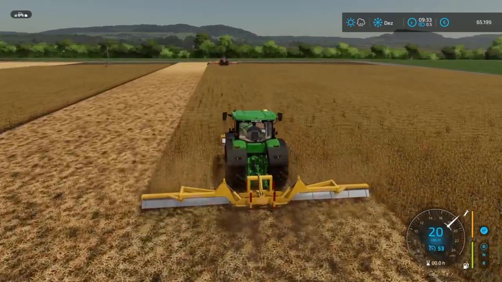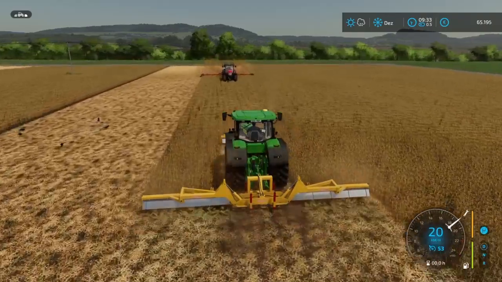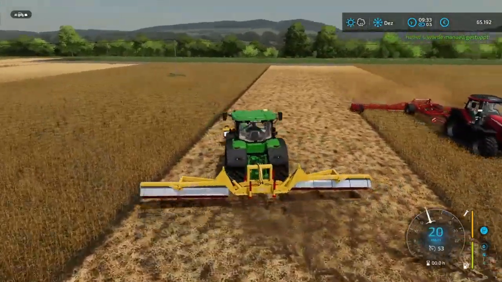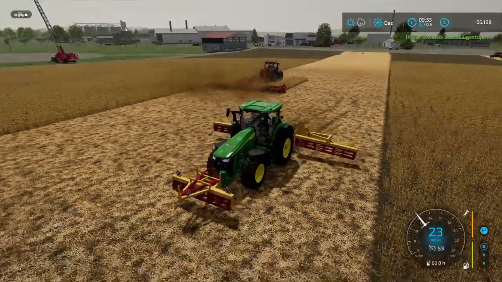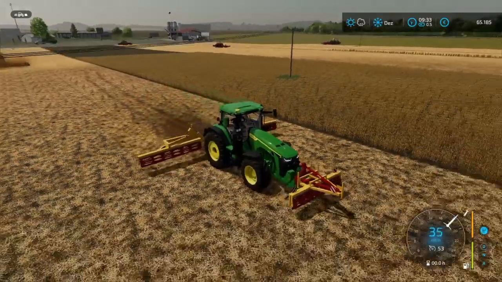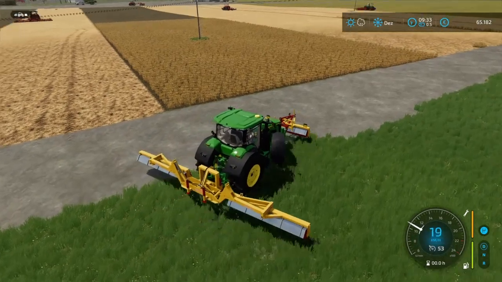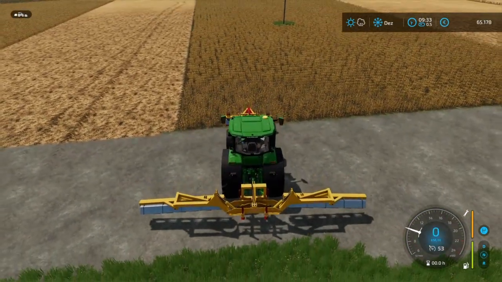And if you have only a lower horsepower tractor, even though this setup here only costs about 30,000 to buy, it probably would make more sense to go for the Horsch one. So the Horsch one, just compared to the price, is more expensive than this one. Yes, it is. But if you consider the costs of buying a new higher horsepower tractor, maybe it is worth